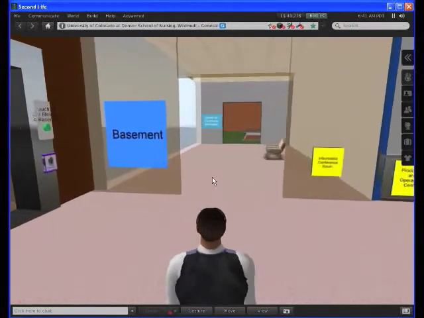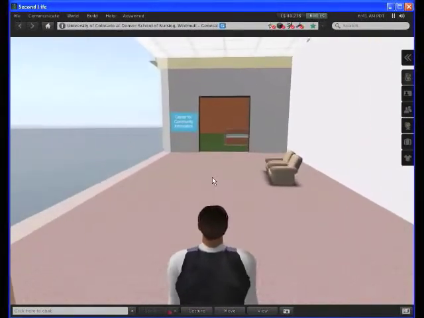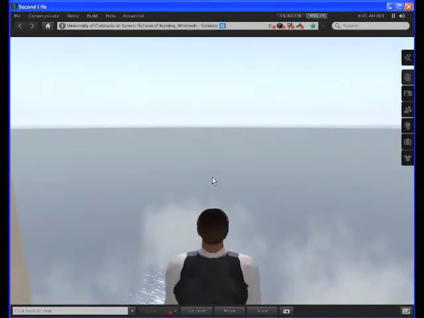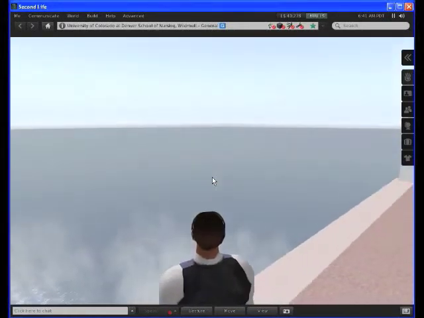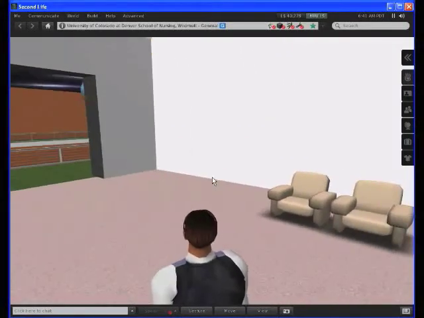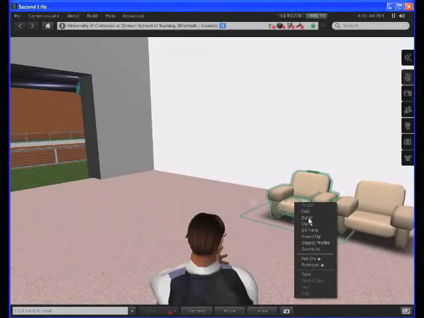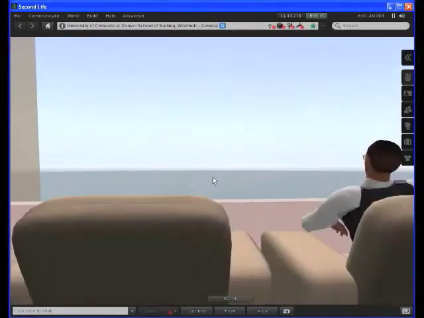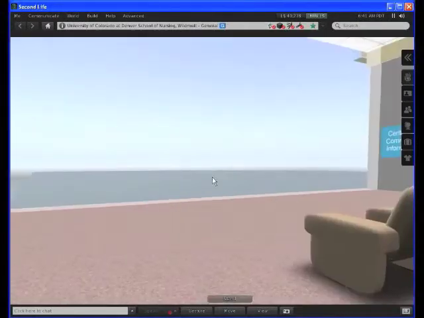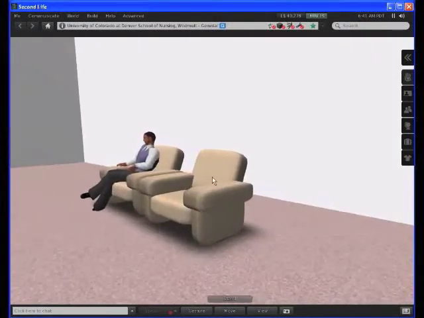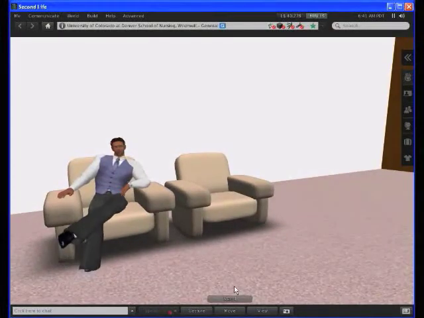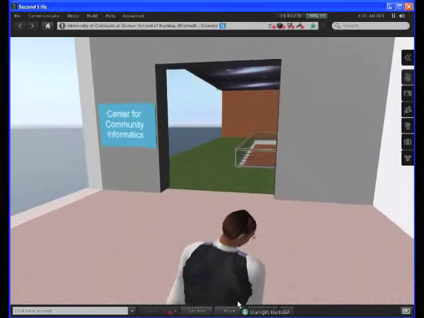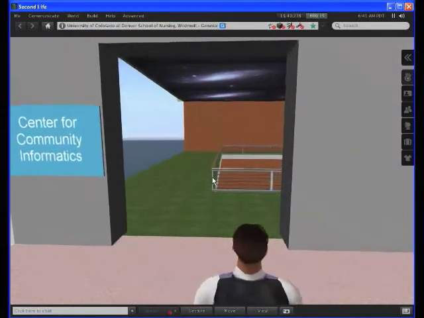Okay, down at this end of the hallway through the conference room is an area labeled, well, first the conference room. A wonderful view of the ocean and the clouds from our perch in the sky here. And some very comfortable chairs. If you go over and sit in the chair, you can see it's a nice view at night, especially when the stars are out. And if you just want to talk to one other person, it's a nice place to sit and get away from other people. In here, Center for Community Informatics,